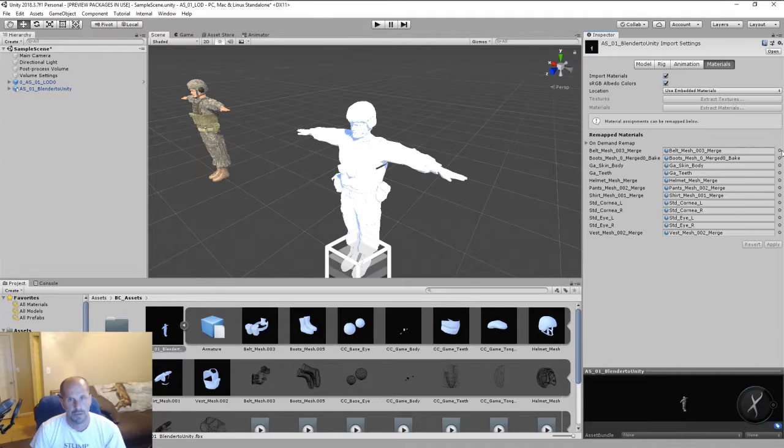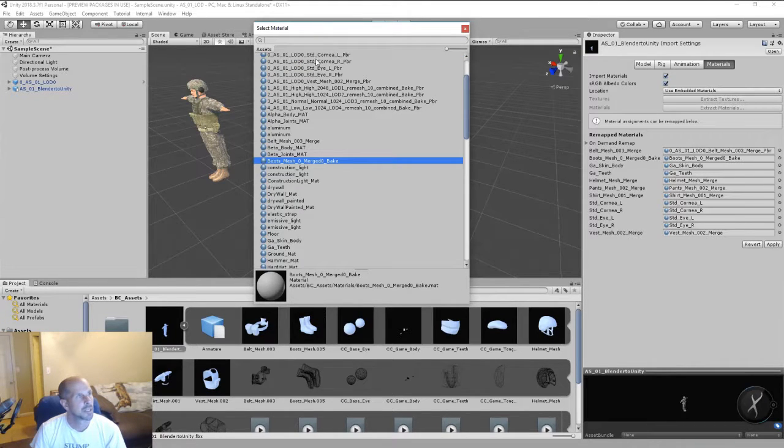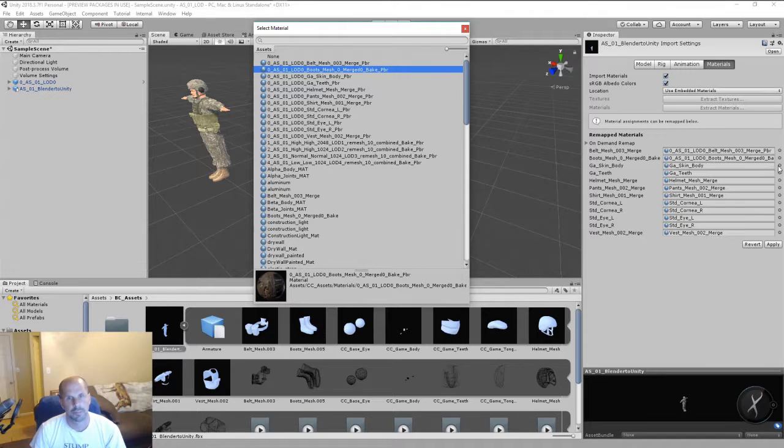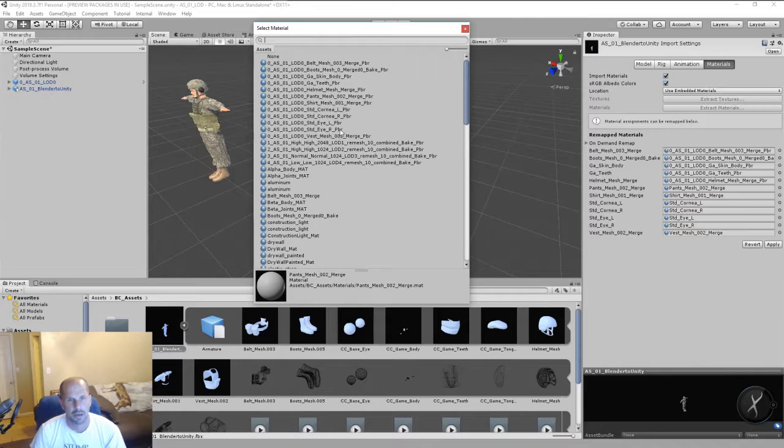Okay, so you'll see it's extracted it, and now you can go up to the American Soldier one and start loading in each one of the different meshes, and they match, and they're in the same alphabetical order. So it's just boom, teeth. They are merged, so they're not super hard to deal with, but I just wanted to make it so people could just toss them in, use them, and not have to deal with all of the aspects of